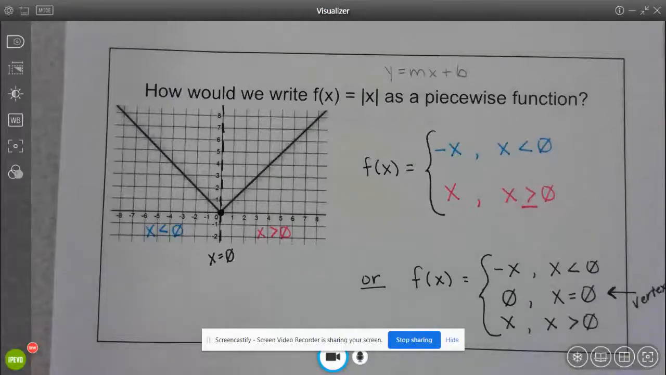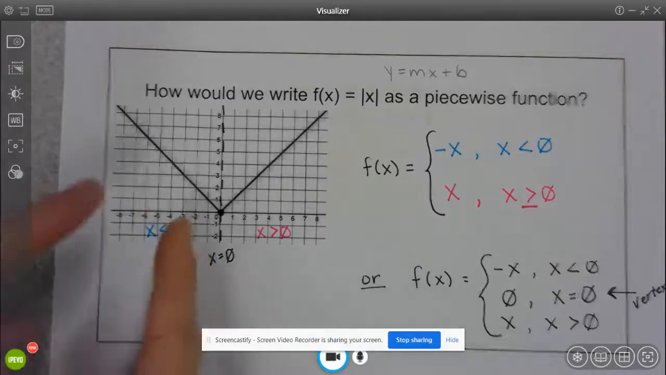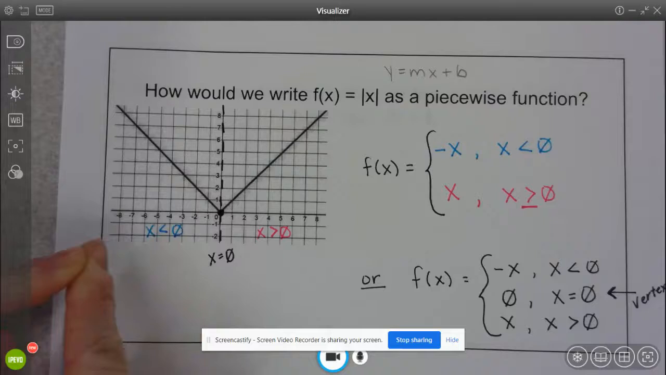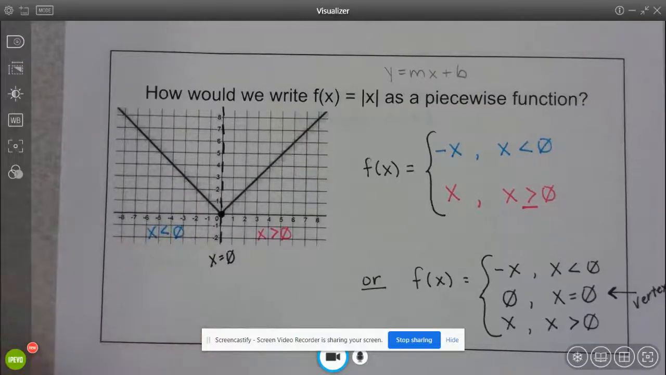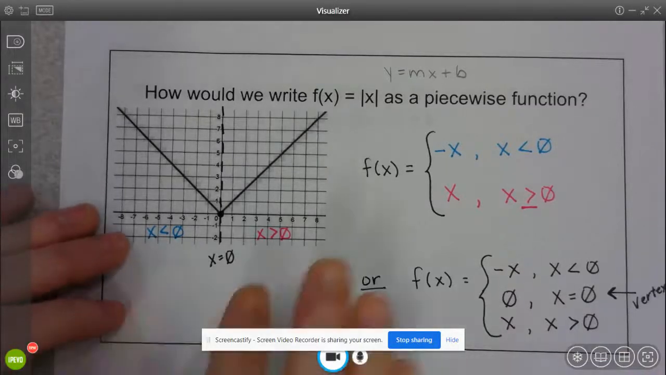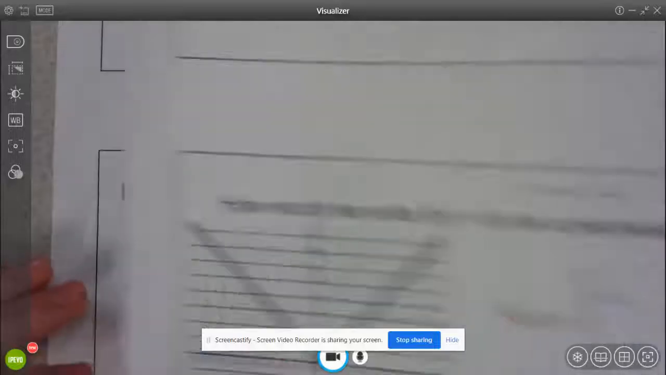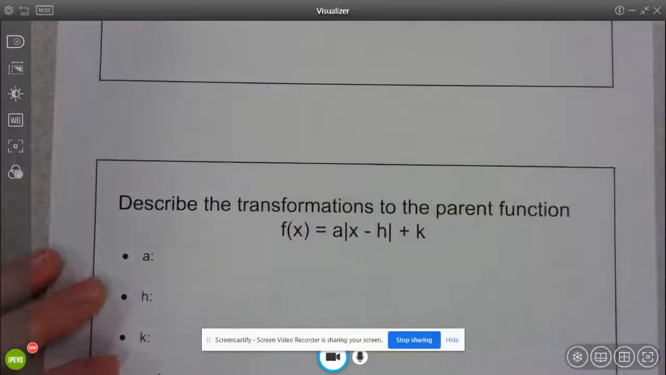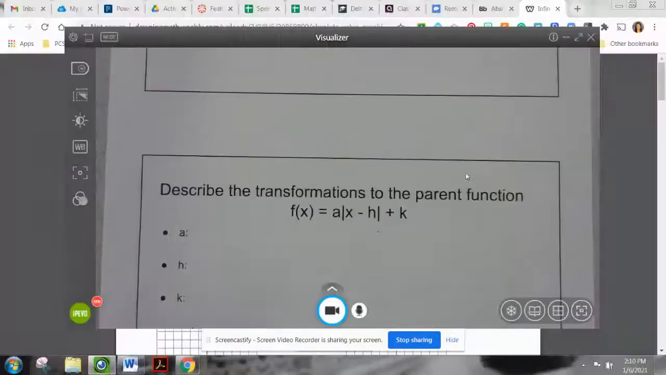So that is a different way that you could potentially see the piecewise function written for this same graph. Not that one is more correct or less correct than the other. They're just two different ways to represent the same thing. So the next thing we're going to do is we're going to actually go and look at a